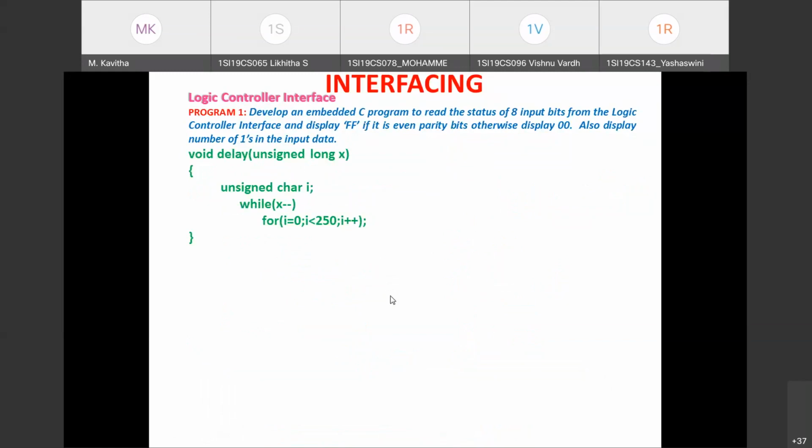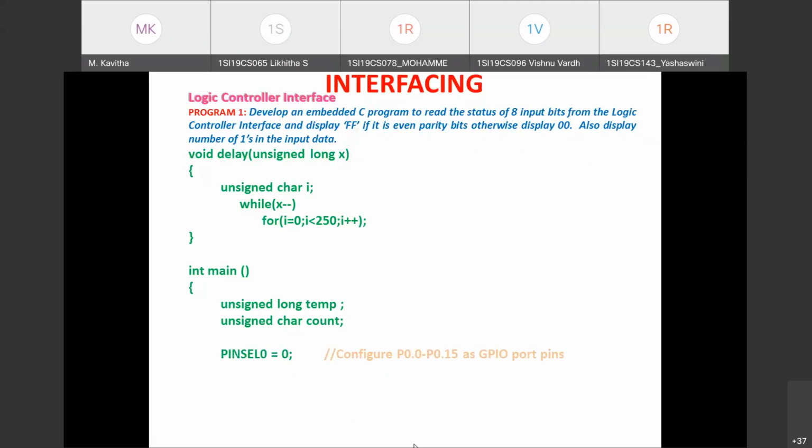And after that, these are the main function statements we are going to write. We are taking two local variables, temp and count. Whatever value is written by the count ones routine, I want to receive it in a variable. Then I'll be testing whether it is an odd number of ones or an even number of ones in the input by performing a modulus operation. For that, I have taken a variable count here. Then the temp variable is required for reading the input status of the LEDs, that is, the logic controller. Which register we are going to use, we'll see.